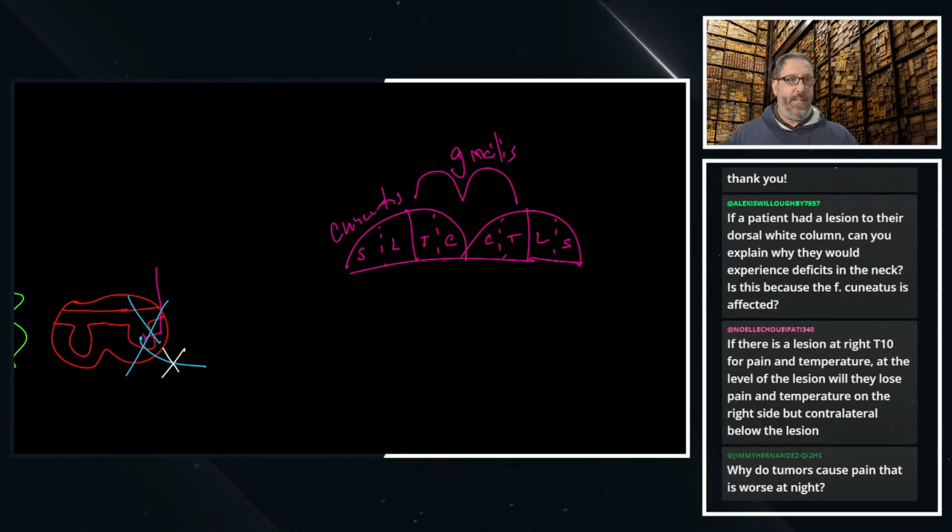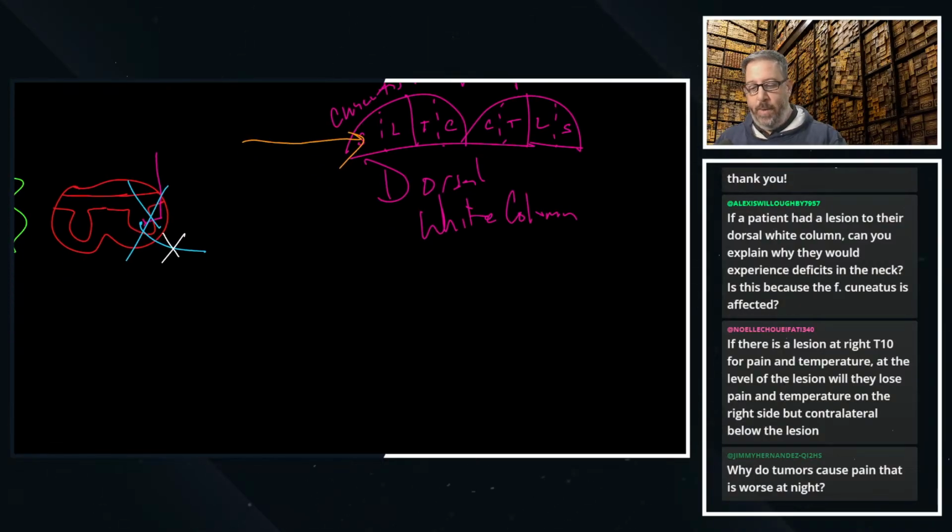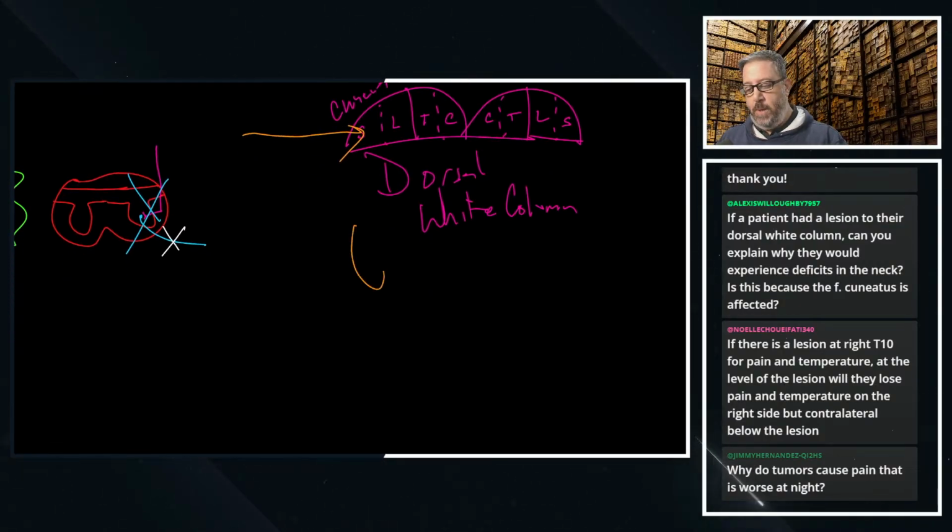Cuneatus, and that's the lateral portions. That's where the sacral and the lumbar cords come into play. So that's what I want you to know as far as this dorsal white column. Know the anatomy, know the order of things, which way they are, and how they're oriented. So if I say you got stabbed laterally on this one, what sensation would you lose first? Now remember, for the other ones,